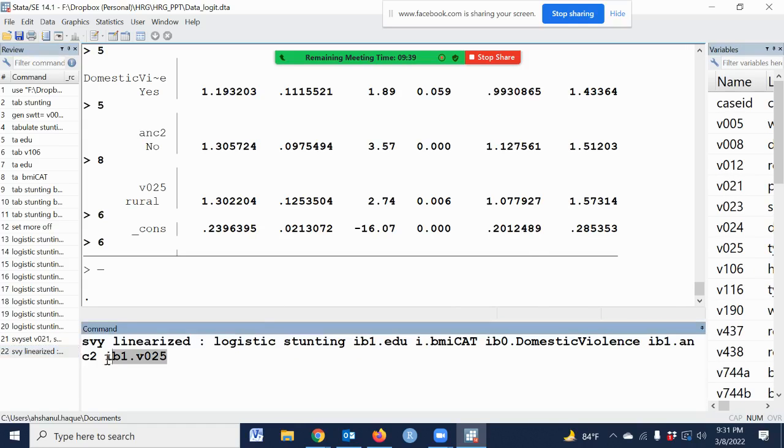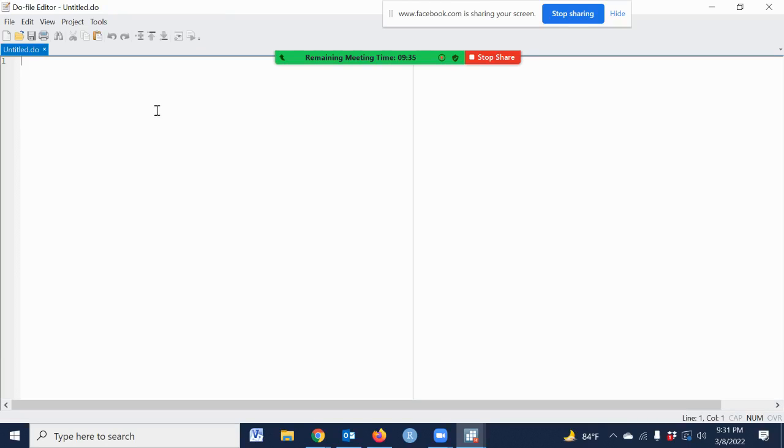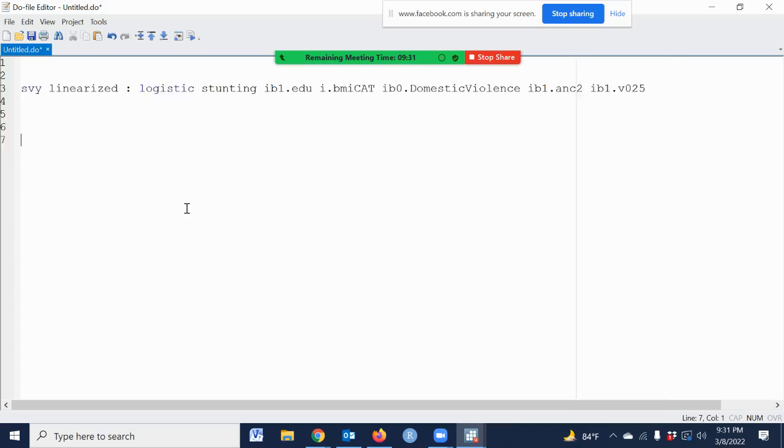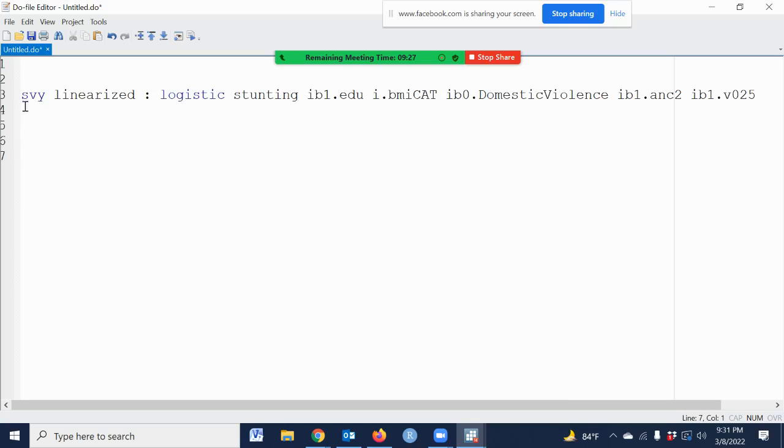This is the syntax of survey set analysis. That means since in the design we have adjusted the sampling weight, strata and cluster, with the primary sampling unit as the cluster, all estimates will be cluster adjusted, strata adjusted and weight adjusted.